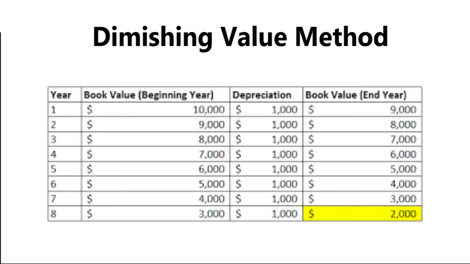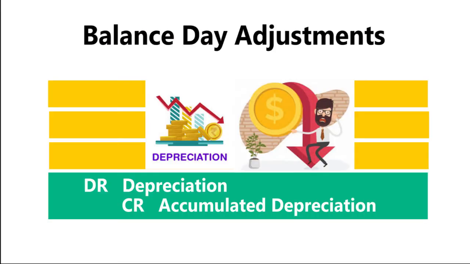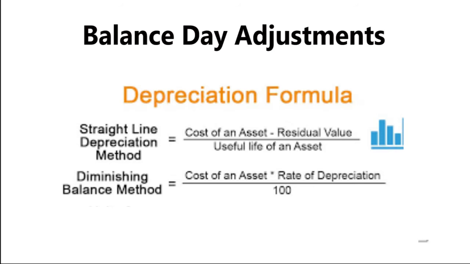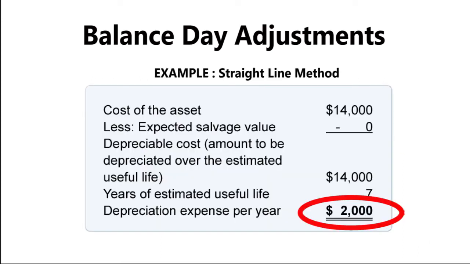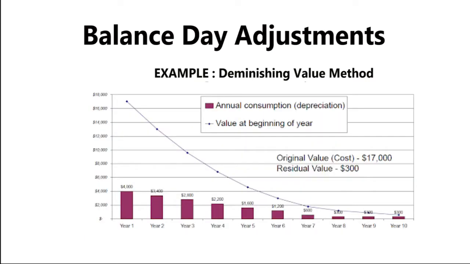Once students calculate depreciation, they have to know that the general entry for this balance adjustment is to debit depreciation and credit accumulated depreciation. Another important thing to remember here, students have to know the difference between straight line method and diminishing value. For straight line, it's the same amount of depreciation every year, whereas diminishing value, it's a reducing value